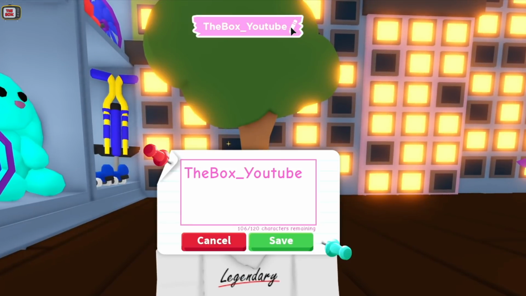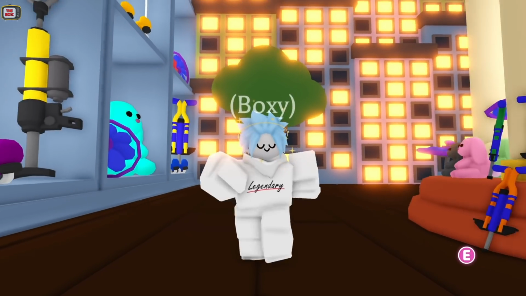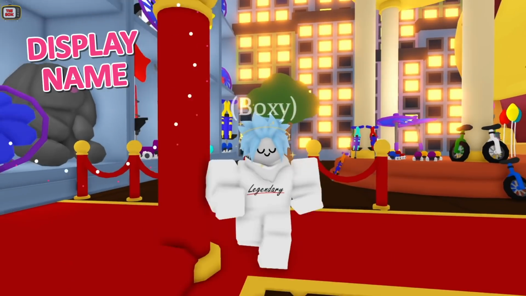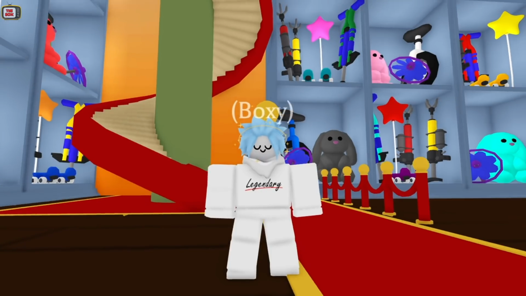Of course, in games like Adopt Me, you could simply change your name in-game. But for a lot of Roblox games, this feature isn't always available. This latest Roblox update has introduced a display name that will be used instead of your Roblox username within certain games. Your display name will then appear in places such as the chat, player lists, or over your in-game character's